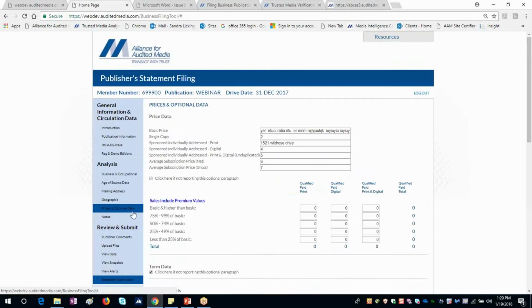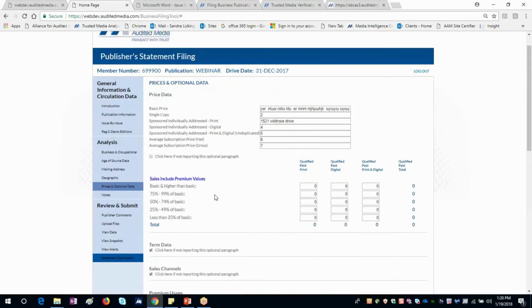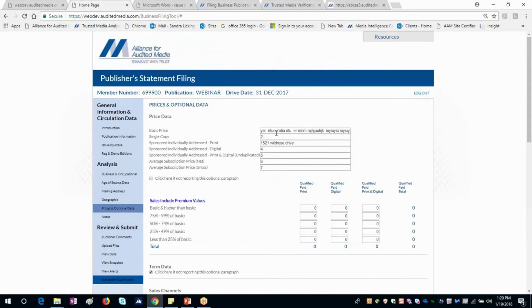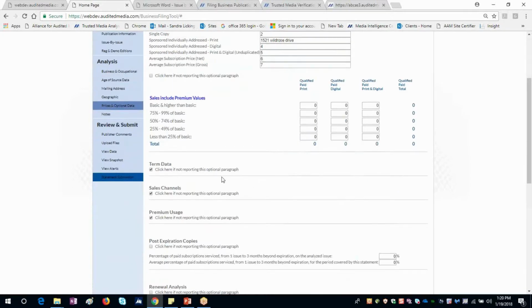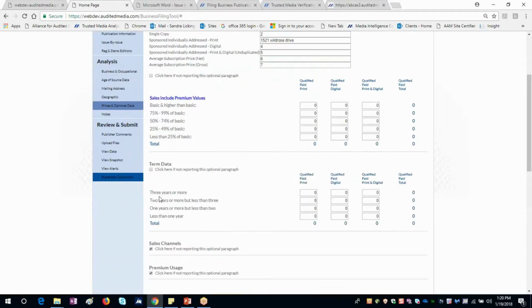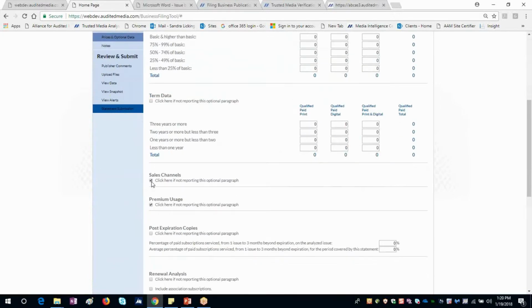Next is the prices and occupational optional data information. Again, everybody, just like normal, needs to report your basic prices. However, I'm going to uncheck these boxes so you can see what it looks like here. If you have term data, sales channels, premium usage, if you have any of that information, you can either fill them out or check you're not reporting because it's an optional paragraph.